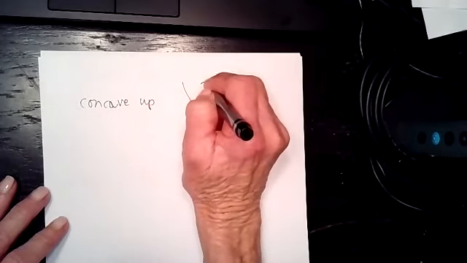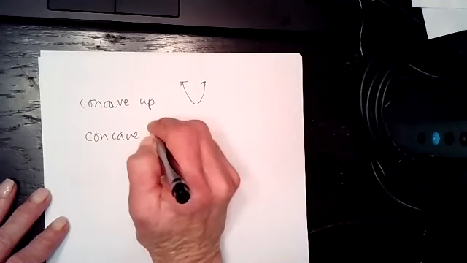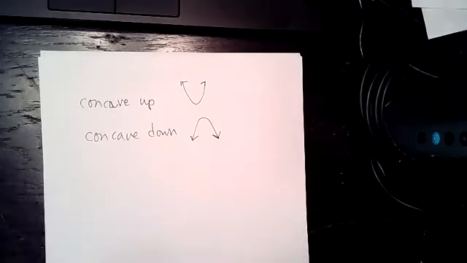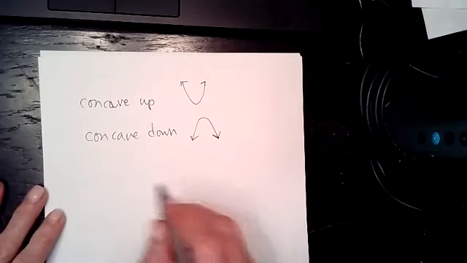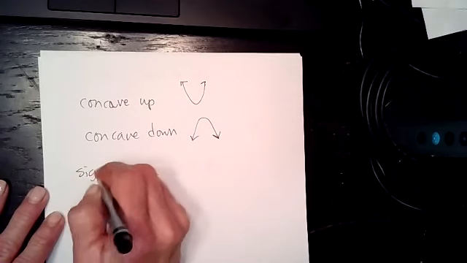Concave up looks like that. When does your function do that? Concave down, open intervals of concave down, look like that. And so what we're going to do is make a sign chart